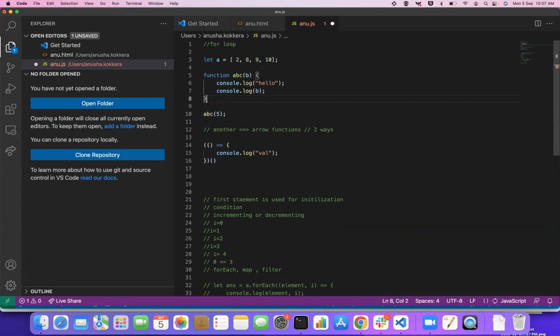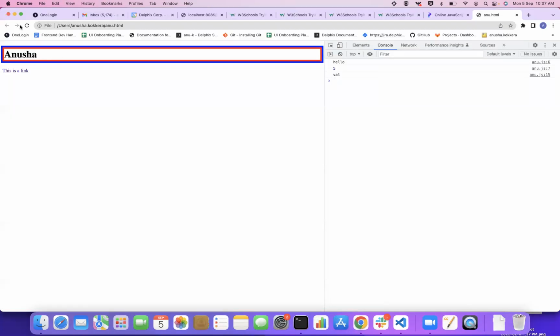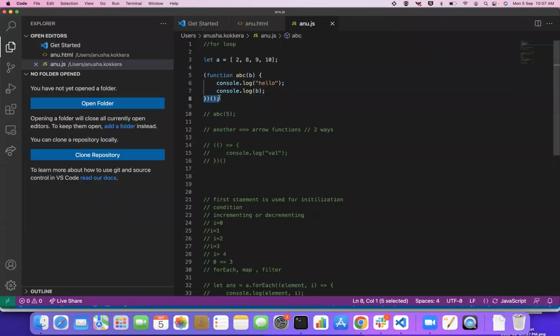Suppose if you want to invoke ABC with self invocation, without calling the function with the name, then you can just enclose it in the round braces, then you can invoke it like this. Since we have passed no value to it, the B is undefined. Suppose if I pass the 5 here, then